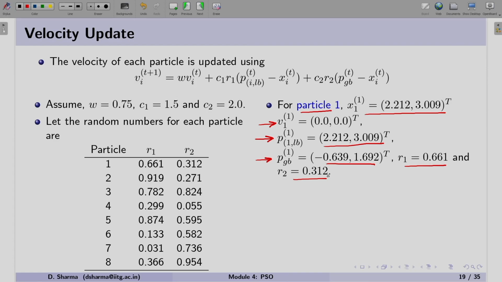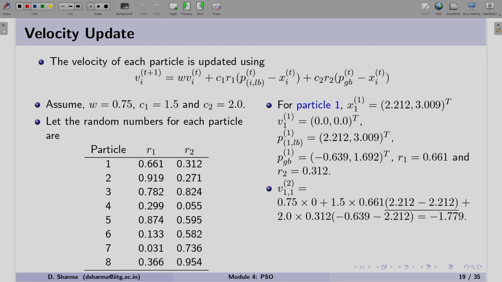So, let us find the component of velocities variable wise. The first component, as you can see here, is the last component V11, which says that this is the first component of the velocity. Now we are putting everything into the equation as given on the top, going variable wise.